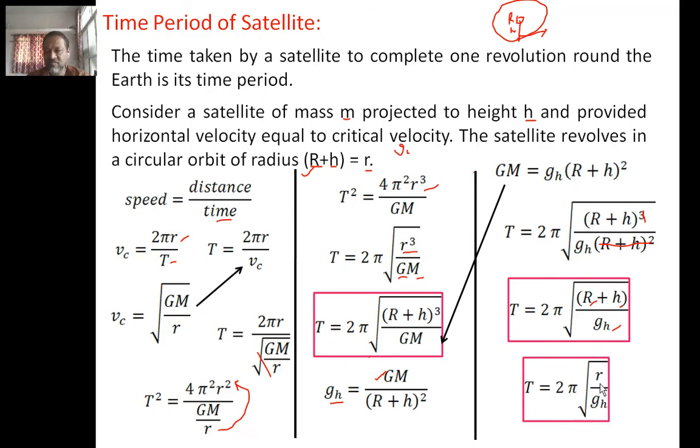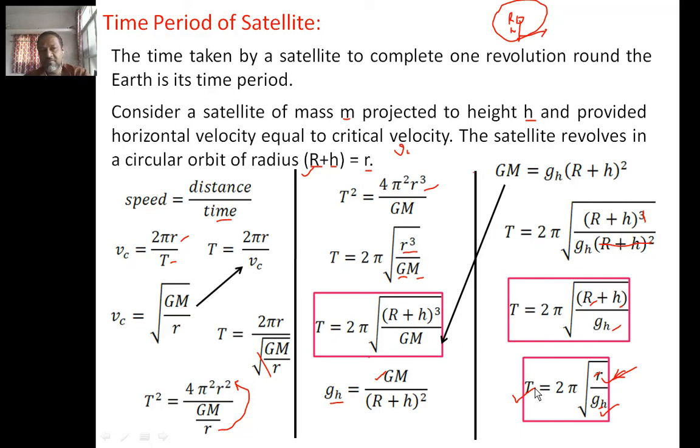It's the simplest form of the time period of the satellite, which is in terms of only the radius of the orbit and the gravitational acceleration at height h. So as we go up, what will happen, will the time period increase or decrease? You can understand this: as the radius increases, gh will also change. The time period will depend on a combination, the ratio of r plus h to gh. Time period of a satellite basically depends upon the root of r upon gh. So it depends upon the root of the ratio of radius to the gravitational acceleration at height h. So that is what you need to understand.